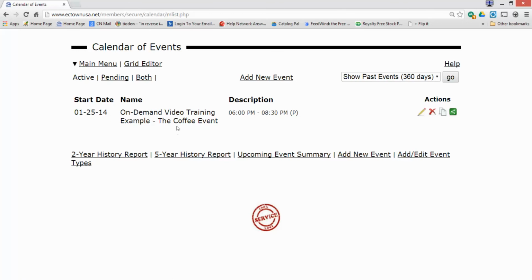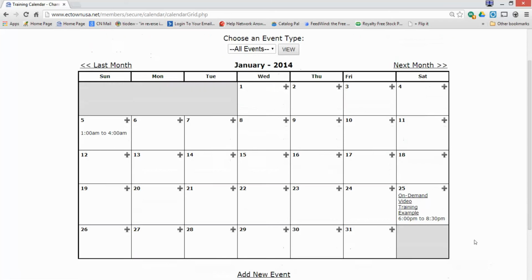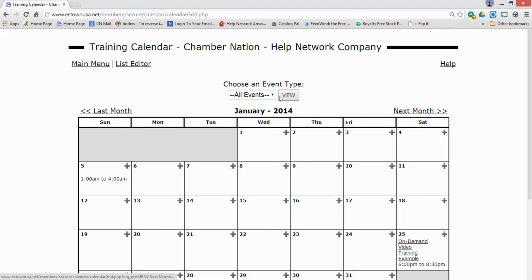Also, if you'd rather view the calendar in a grid view versus a list view, you can click on grid calendar, and you can see here that that event is here, and there's a clickable link over here, and you can go on to the next month. You can also look at different events. The events that actually have types assigned to them will show up here, especially if you're using the syndicated calendar system. If we go back to the list editor,